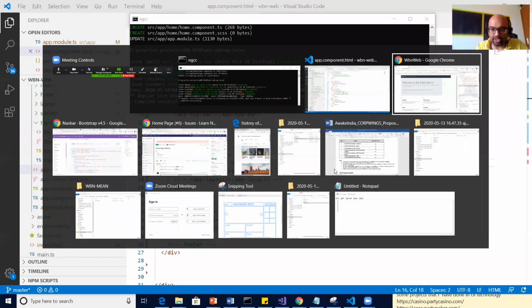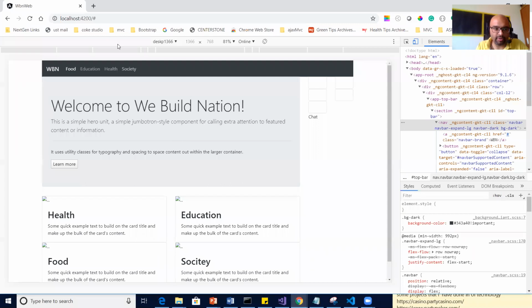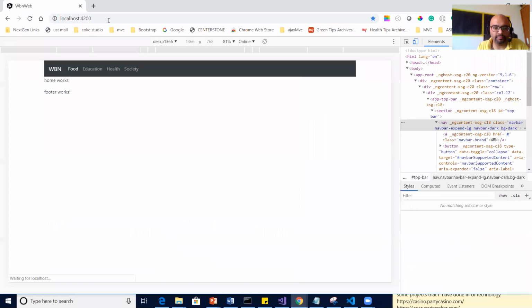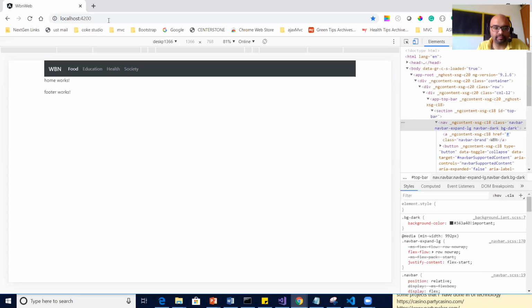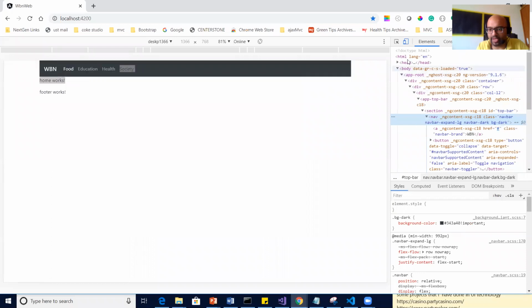Now let's see what's going to happen. Beautiful. See, it came. I removed the layout tag. Remember, I removed the layout component.